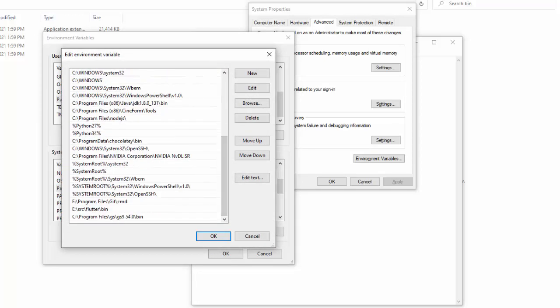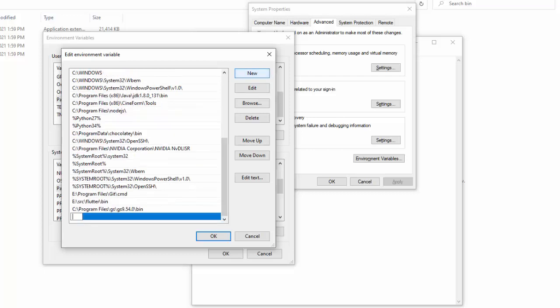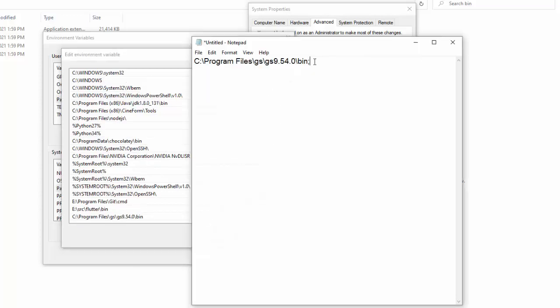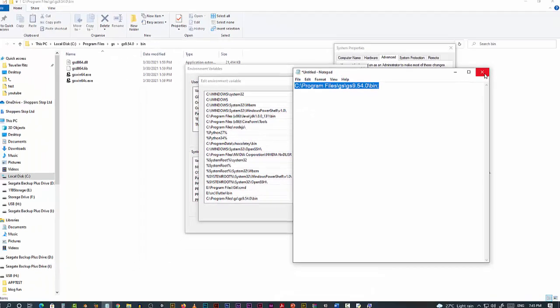See, I have already added this part. So what you have to do is click on new and then copy paste the path. In your computer you might have a different setup, so just copy the path into your environment variable.